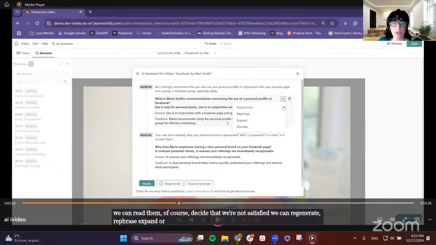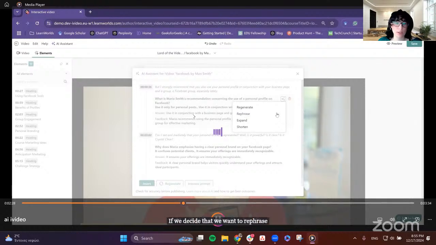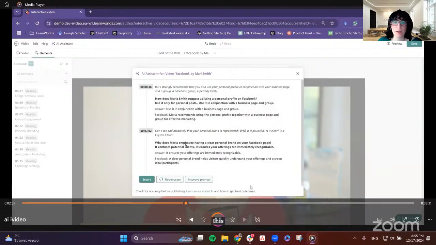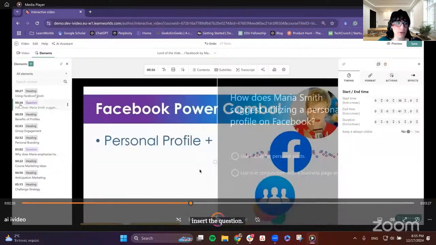We have these options over here. If we decide that we want to rephrase, we see here in this example, now we might be satisfied, then we insert the question. You can see over here that we have also these elements differentiated with a different label, so it's easier for you to search and find them.